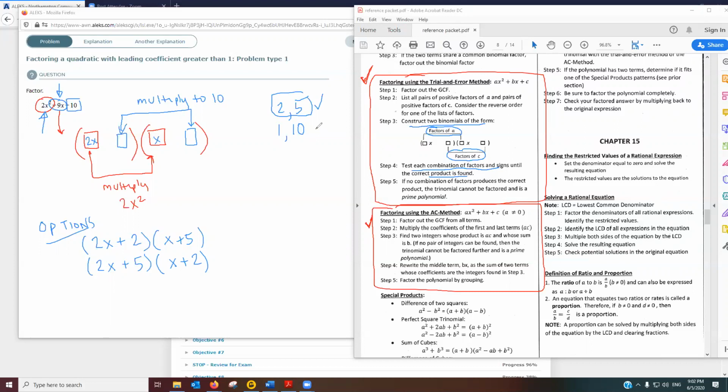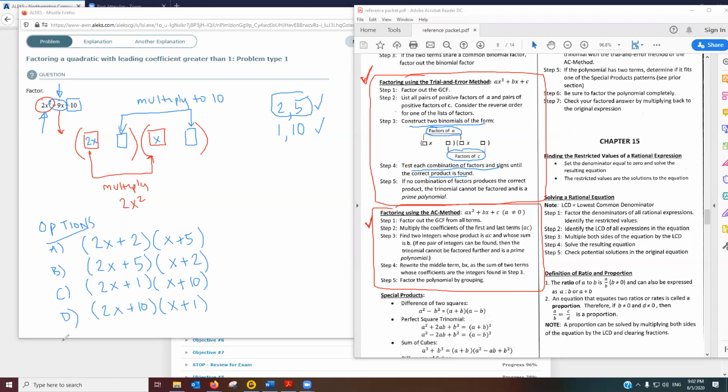What if I use the other combination of 1 and 10 in the back? Well, I got to check that out too. So another possibility is 2x plus 1 and x plus 10. But I also have to swap those back numbers as another possibility. All right, so now I have 4 options. I'll call them A, B, C, D. These are the only 4 possibilities